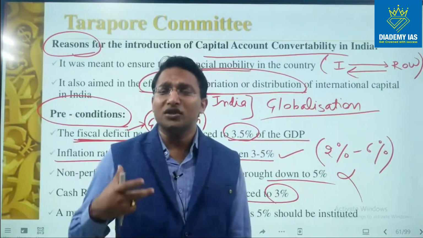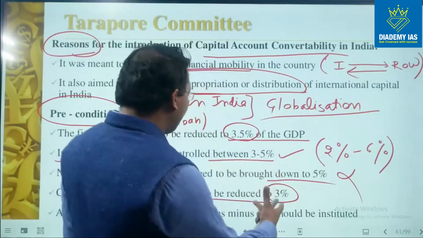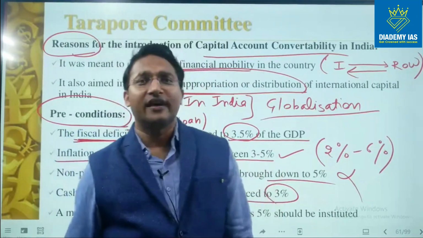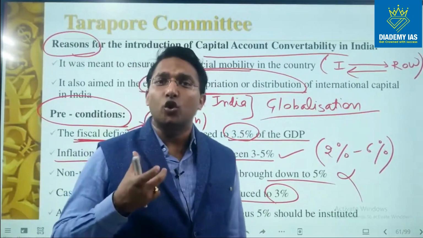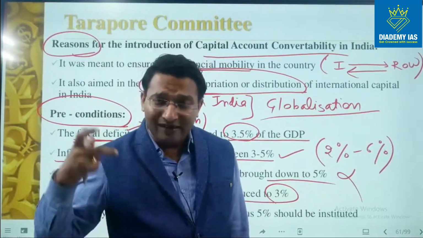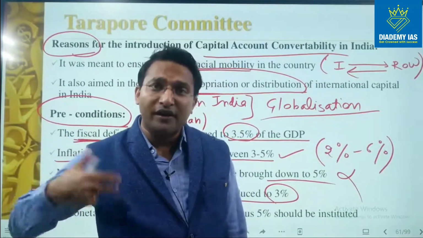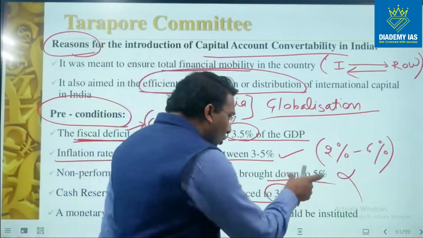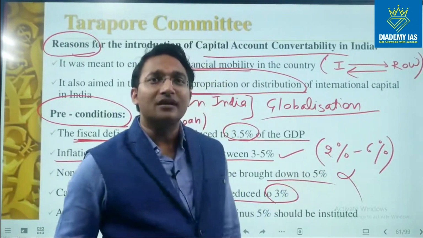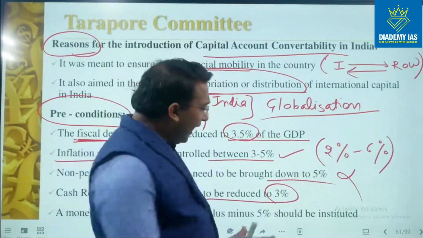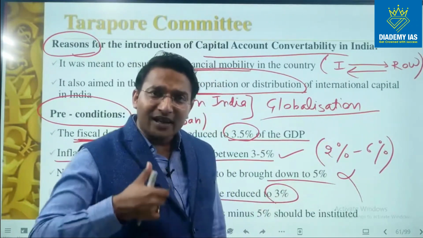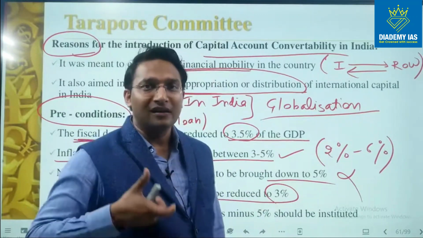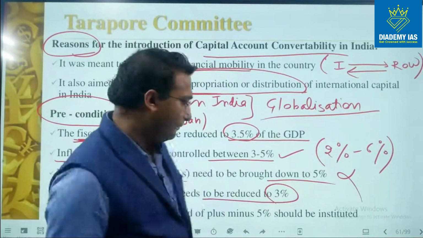Now you might ask a question, sir, why is this NPA condition there and why is this CRR condition there? Low NPA and low CRR indicate that we have a strong banking system that can create more and more credit, right? The low volume of bad loans means our balance sheets are clean, and a low value of the CRR means that banks can create more and more credit, as not much of the money is held.